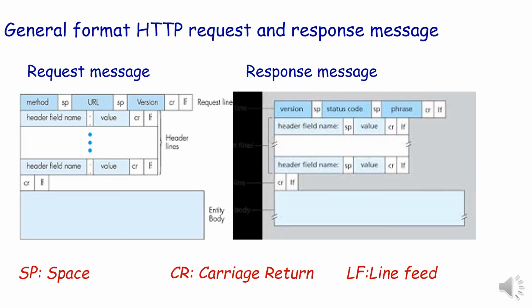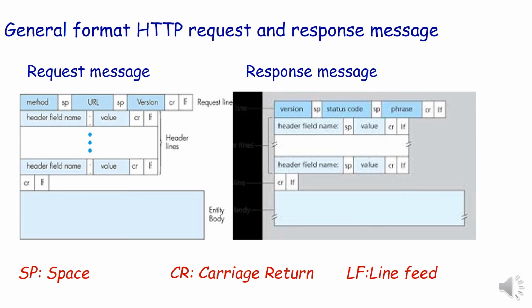Here is the format of HTTP request and response messages. You must learn this figure by heart. The first part of the request message is the method. The method can be GET, POST, HEAD, etc. Next is the URL required, then the version of the protocol. The version of the protocol is a must in both formats, because if the client uses HTTP 1.1, then the server must agree with this version. Only then does the transmission between the server and client come into existence.